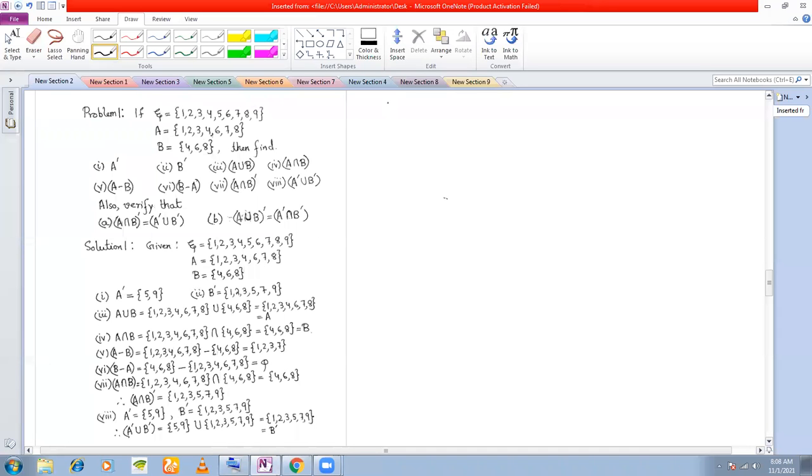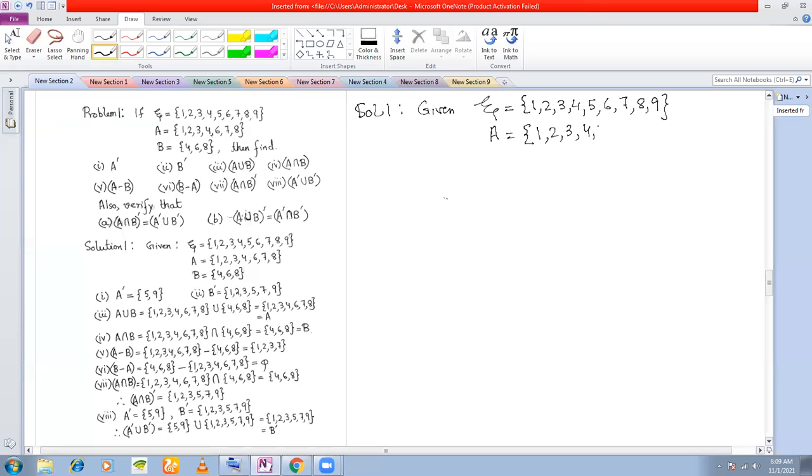Okay, so we'll start with the first one. If you see here in this question, it is given that Xi, the universal set, is equal to these elements. The set A is equal to the set B is equal to,